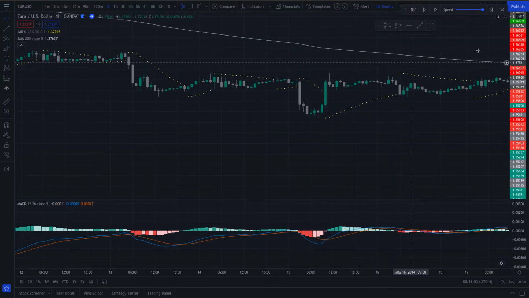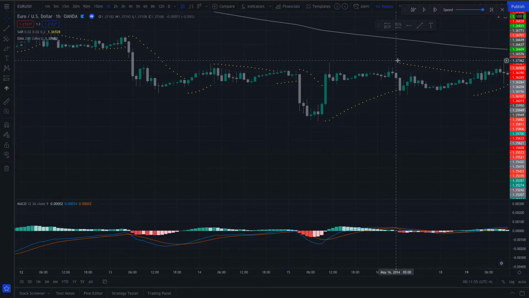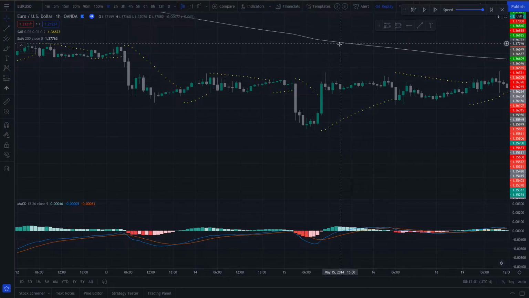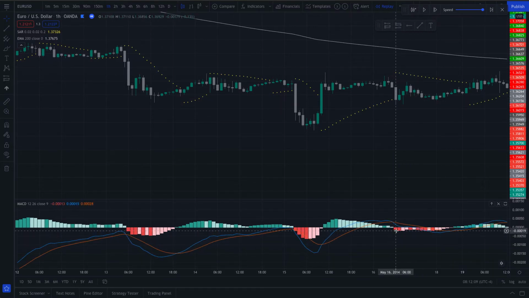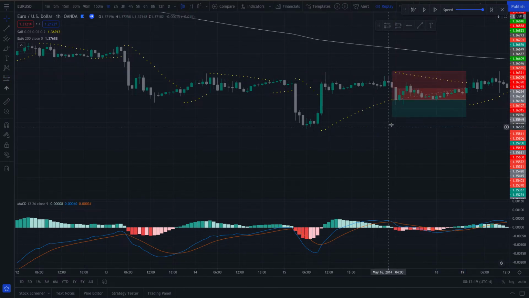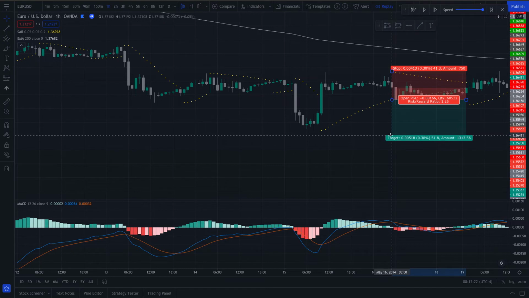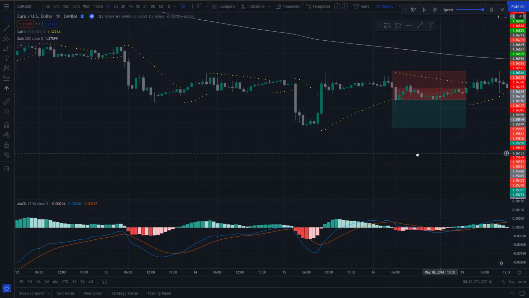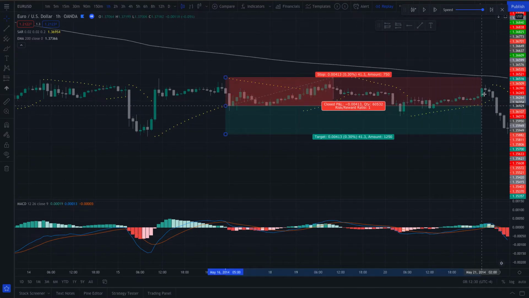So here we have a short entry signal, and the criteria for a short is the reverse of the long. We're looking for price to move below the 200 EMA, a PSAR short signal, and a cross down on the MACD above the zero line. And all of that happens on this candle right here. Stop below the previous high. And we're going to initially target 1-to-1. And let's see what happens.